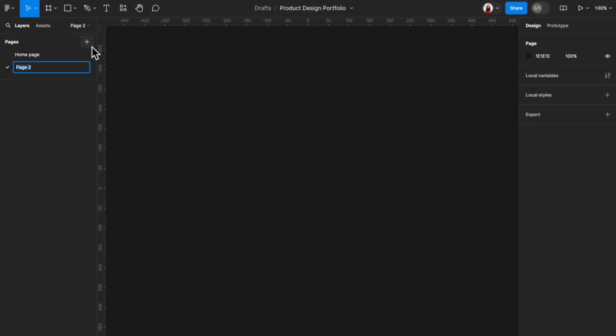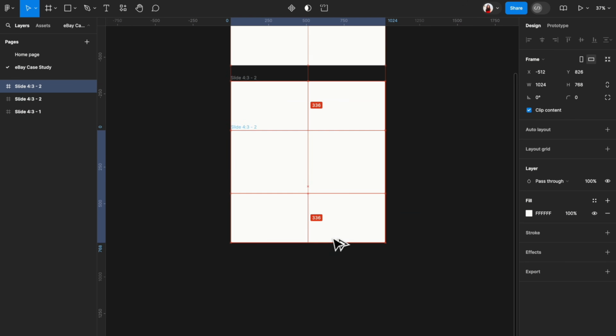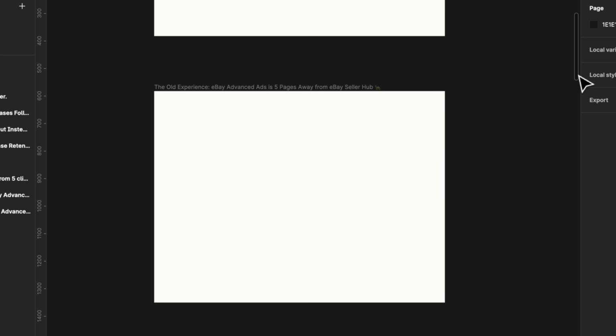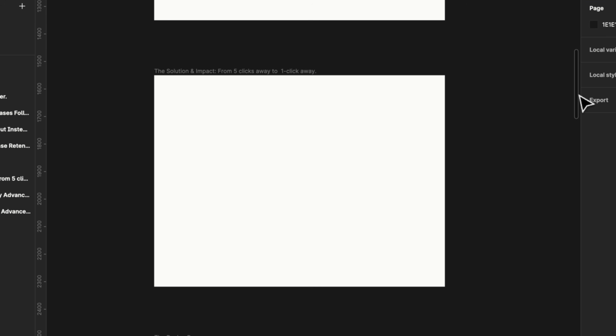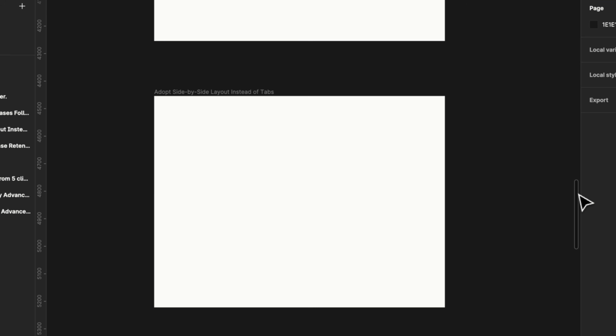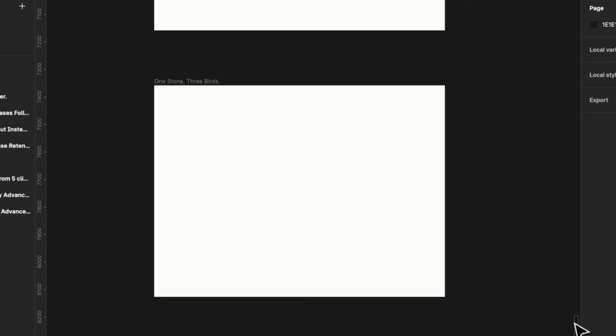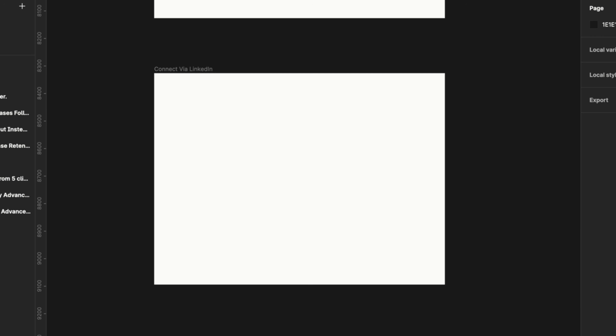Alright, next step. Now you'll need to create a wireframe for each case study. I will show you one of mine. Use 10 presentation slides. Name your slides with strong, short headers. The idea is that just by reading the headers, the recruiter will understand your story. Actually, my McKinsey consulting friend taught me this, but they don't call it a header, they call it a lead.